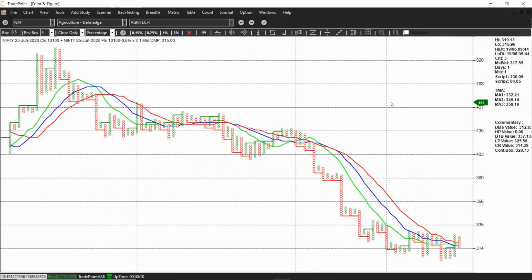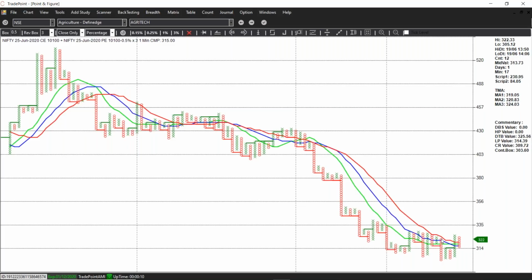So this is a trade idea. This is a 10,100 straddle. Given the assumption that based on these put call ratios the market might come down, this is a 10,100 straddle. If it goes below the lowest part, which is 305, if it goes below 300, this can be shorted with a stop loss above 330, 340. So very good risk, just 30 points in a straddle is extremely good.